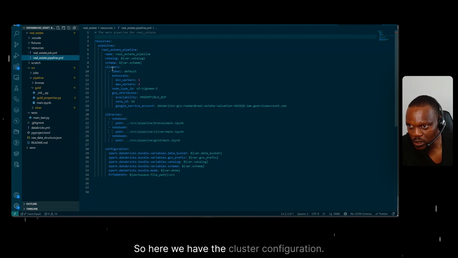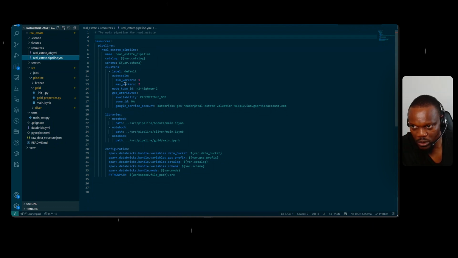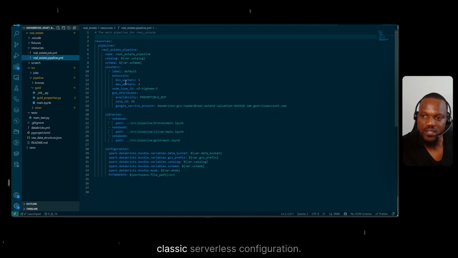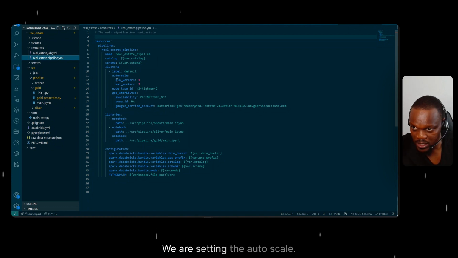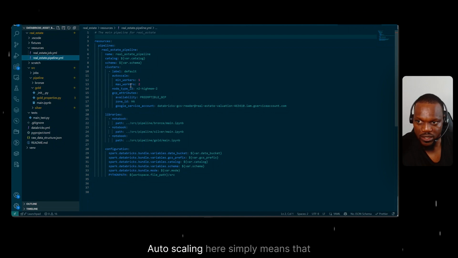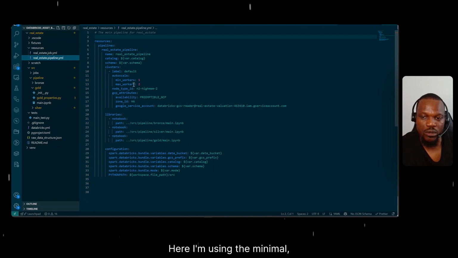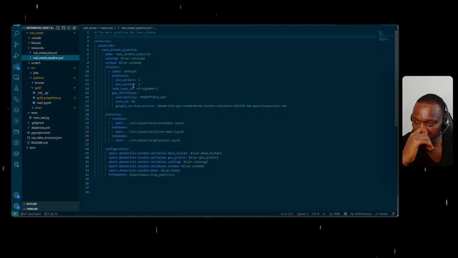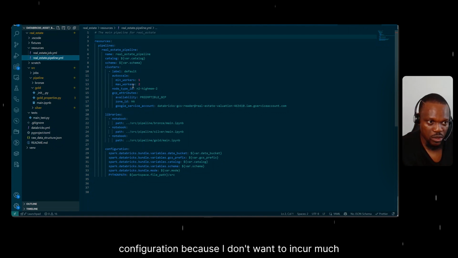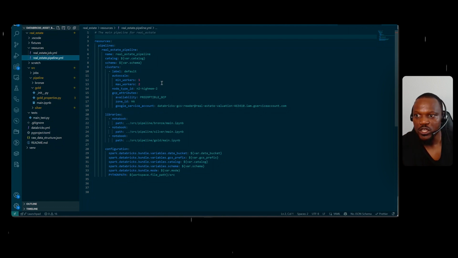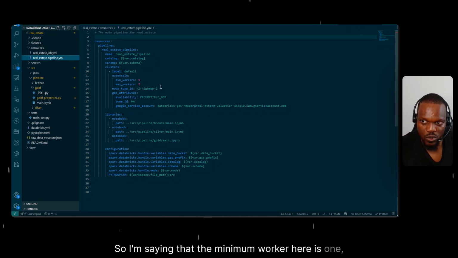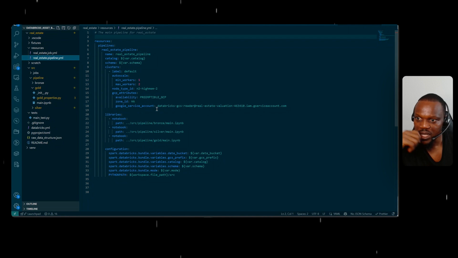So here we have the cluster configuration. We are not using serverless here. We're using the classic configuration. We are setting the auto scale. Auto scaling here simply means that we want it to scale. Here I'm using the minimal configuration because I don't want to incur much cost, because it's just for demo purposes. So I'm saying that the minimum worker here is 1, the maximum worker is 2, and then the node type here